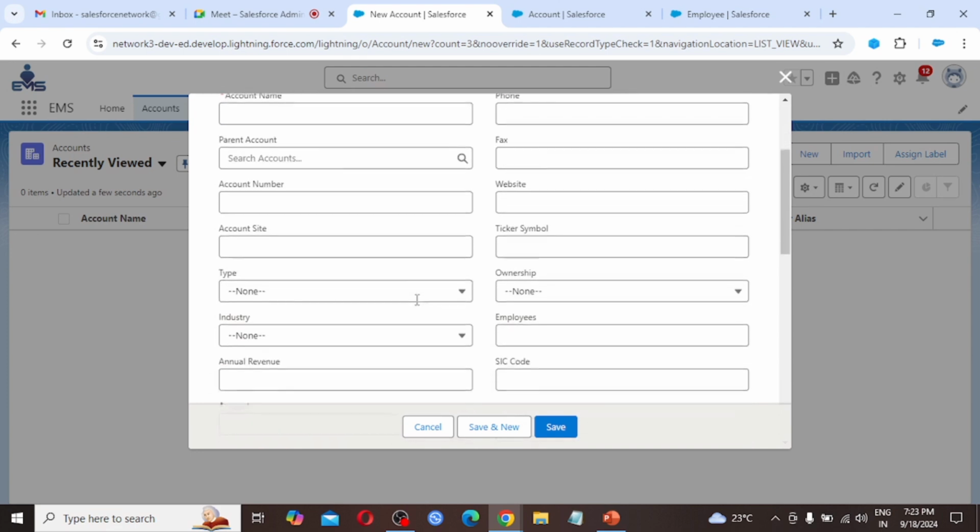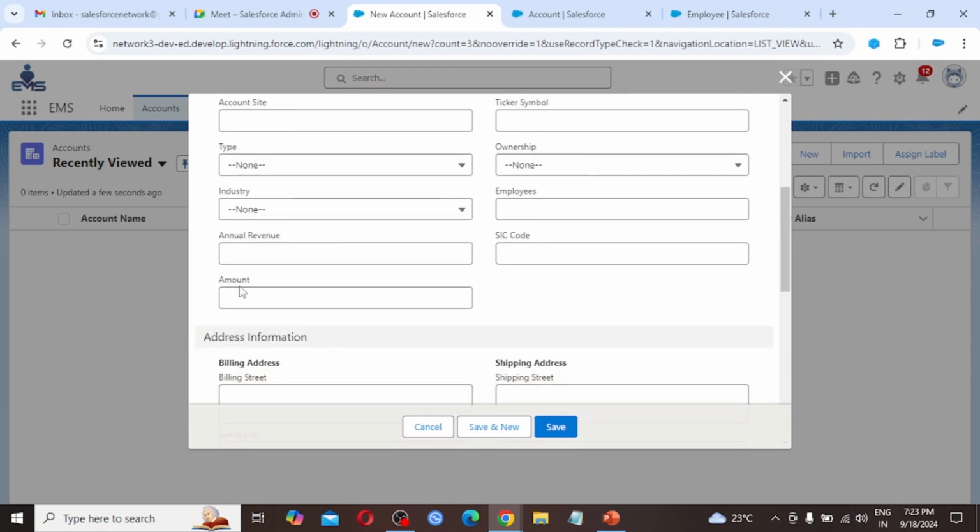Just scroll. So here we are seeing the amount field, as we had created this field as per our business need. So this is available here. Like this we are creating our own custom field on a standard object.